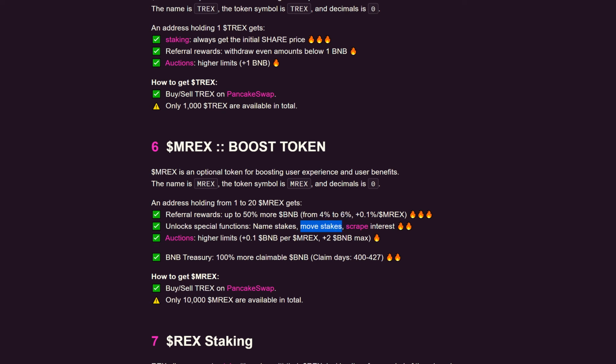Let's say you want to set up a Christmas gift and then send it to that recipient, so you can move it. And the last one, which in my opinion is the most important of all, is that it allows you to scrape interest. So let's say you're staking, you've accumulated some interest,